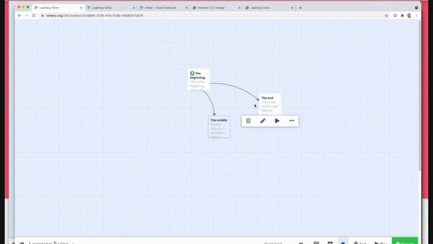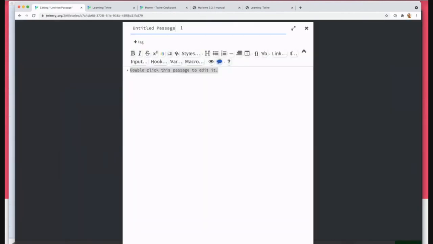But what if you're not really sure the path that you want to take? Remember when I was saying you have a scene and you're not really sure when you want people to go there? Well, down here on the far right, there's a green button that says plus passage. You can do it. It's not connected to any of these things yet. And so here you can go the almost end. And in here, I'm going to go, we're almost finished, but I'm not sure when we'll get here,